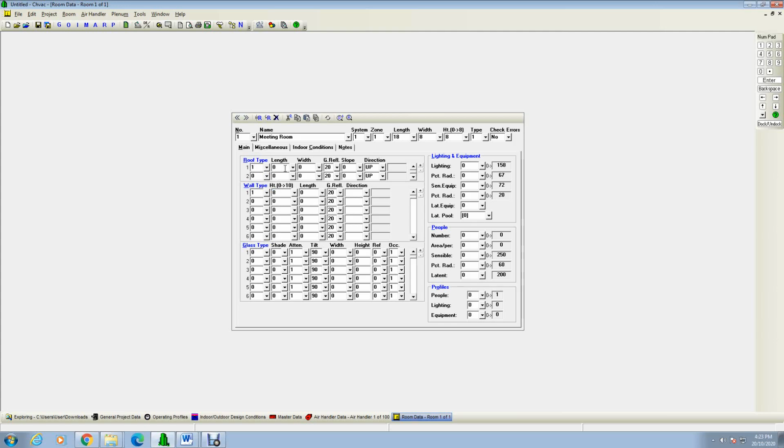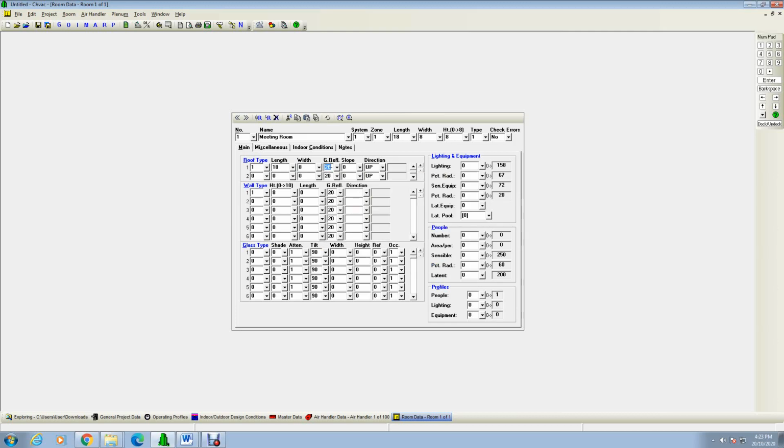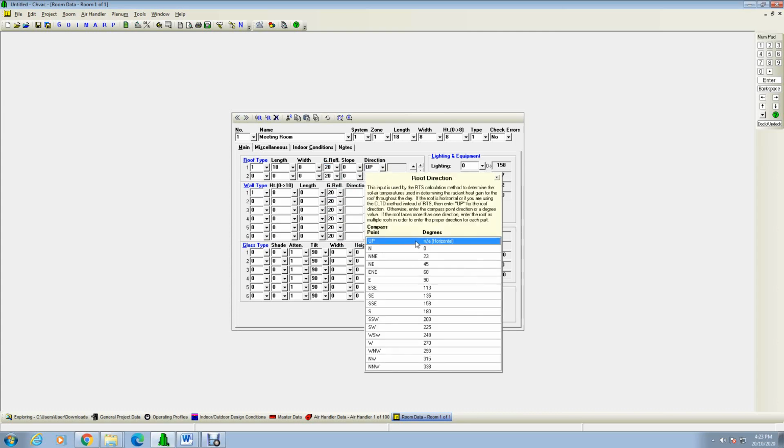Oh, sorry, for the roof, the length is 18 and the width is 8. The reflectance is crushed rock, which is the default anyway, so just leave it. It's 20. But if it's specified otherwise in the specification, then you have to choose the one in the specification. And the direction is